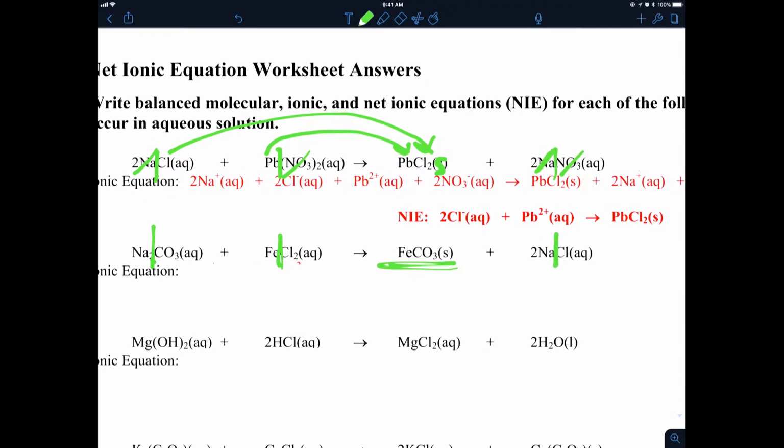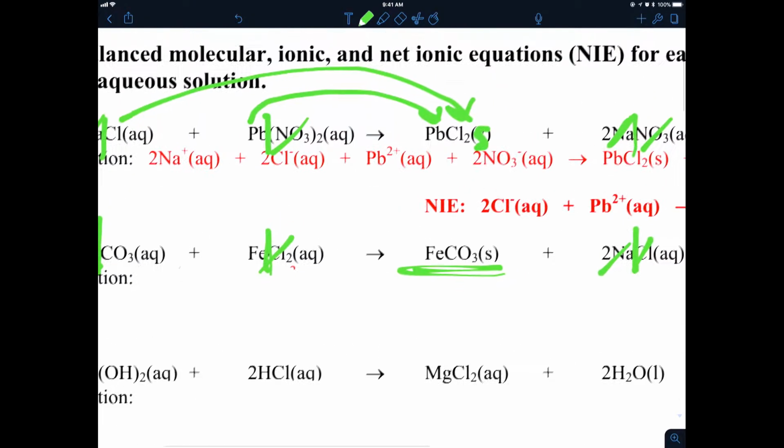Well, we know that we have iron carbonate as our end molecule. That's our precipitant in the solution. So we need to have the ions that make iron carbonate. And then we have these other ones that aren't going to be related. So what do we have that's going to break apart and just sit in the solution? Well, chloride is just going to be floating around. What else is going to be floating around? Sodium. Sodium's also going to be floating around. What are we left with? We are left with our Fe